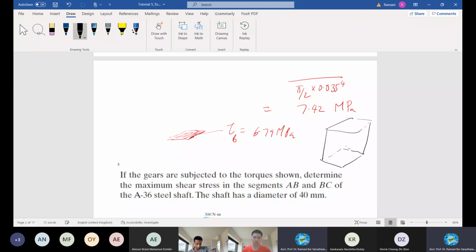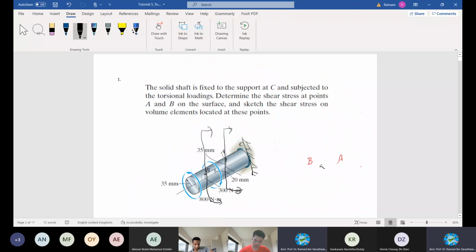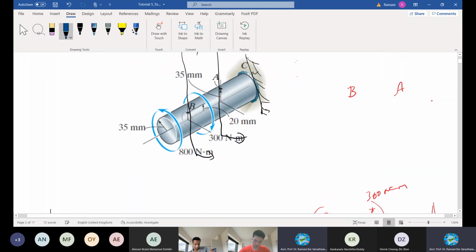When you look at the section at A, it will be inside, not to the wall, but inside somewhere here, right? A small section, which is inner. The stress distribution will be inner, not up to the wall. So this is at A, shear stress at A, which is equal to the value 7.42 megapascal. So you can draw the distribution, the locations, like this. If you want to draw it inside the diagram itself, also possible. Let me try to do this one.